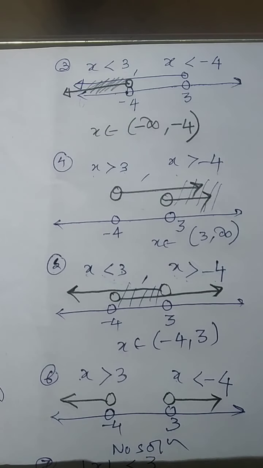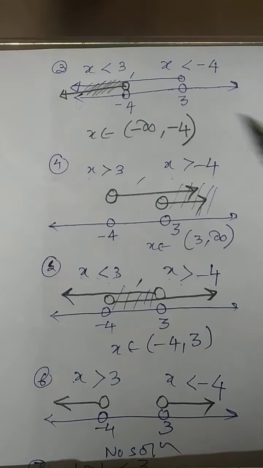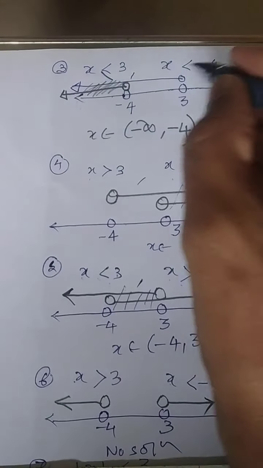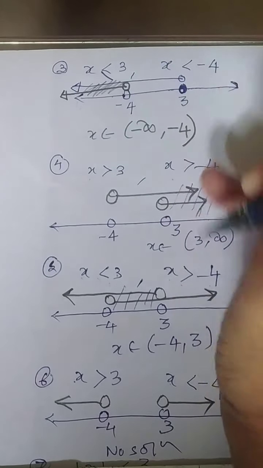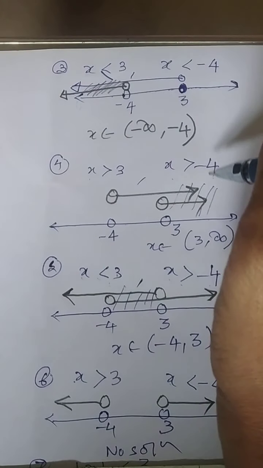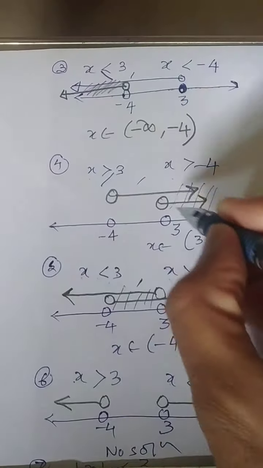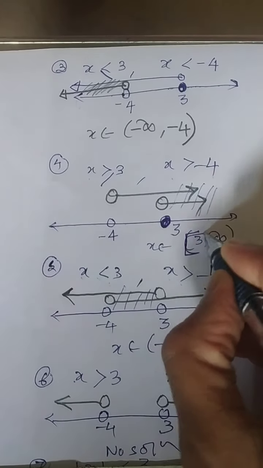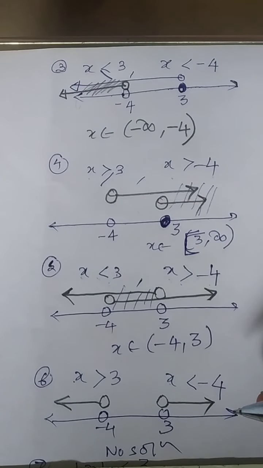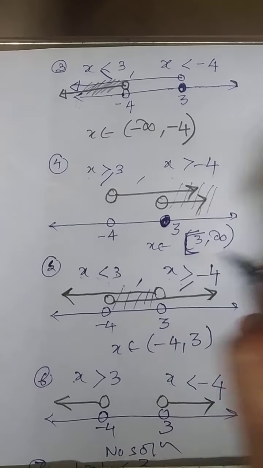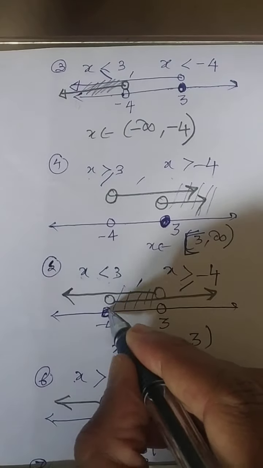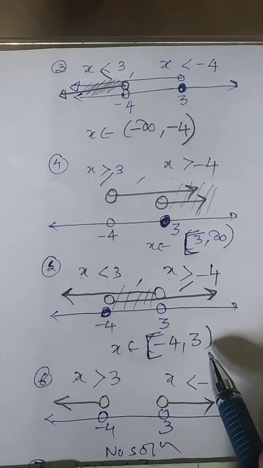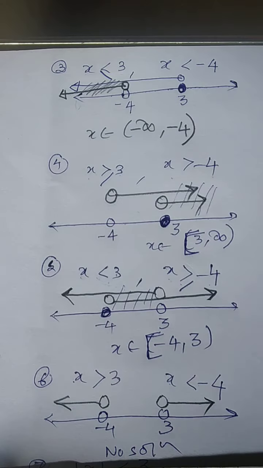Is it okay? So in an inequality, if somewhere this is closed, you have to shade this part, but there will be no impact on the solution. If this is equal, then you have to close this part. So that logic you can apply. Here it is greater than, so this will be closed. Out of these two, which will be closed? The left hand side will be closed. Is it necessary that the left hand side is always closed? No. So you can think about this logic also.